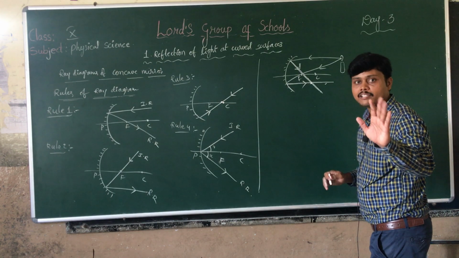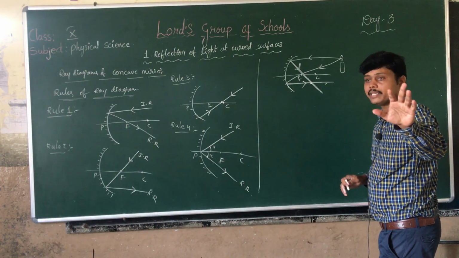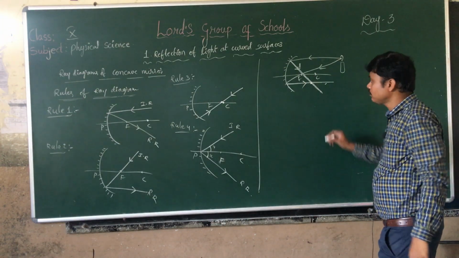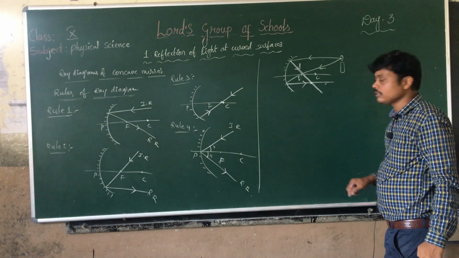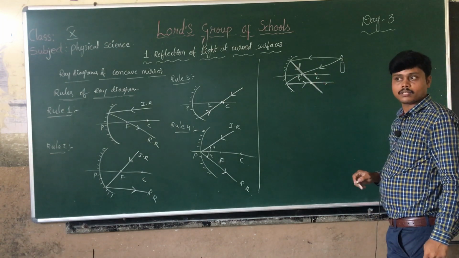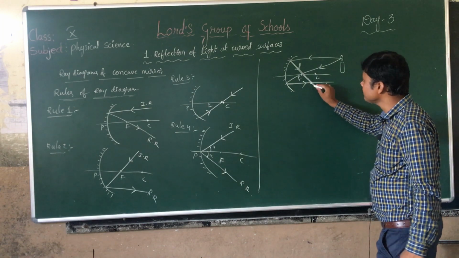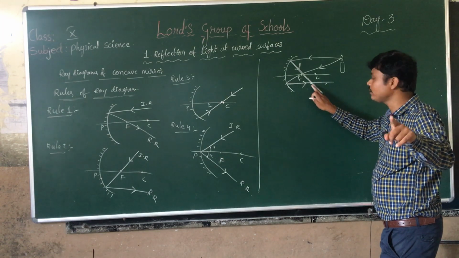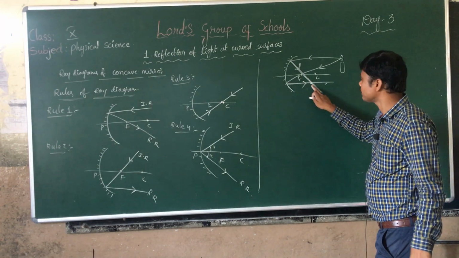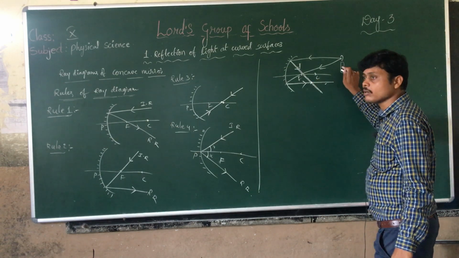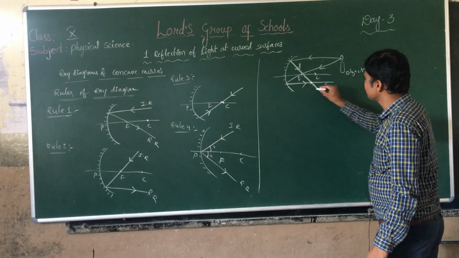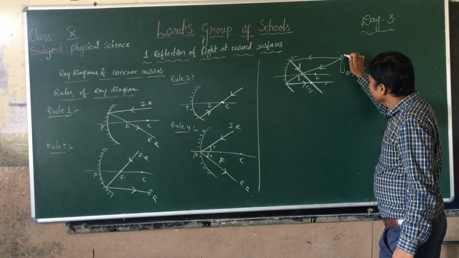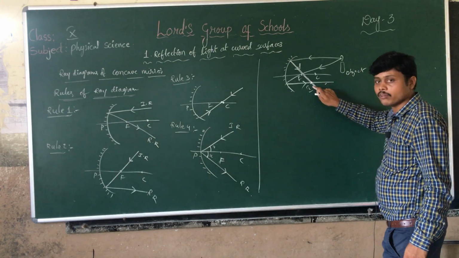Okay, now the point where the 2 reflected rays are meeting, at this point the image will be found. So you can see the 2 reflected rays are intersecting at one point, no? The intersection point of the 2 reflected rays gives the image of this object. And this is the object here, and this is the image here. So here you can see the tip of the object. This is the top position of the object. Your image will be found here.